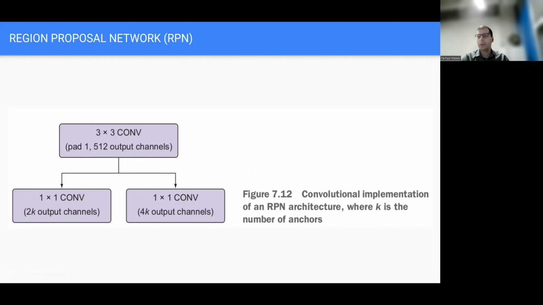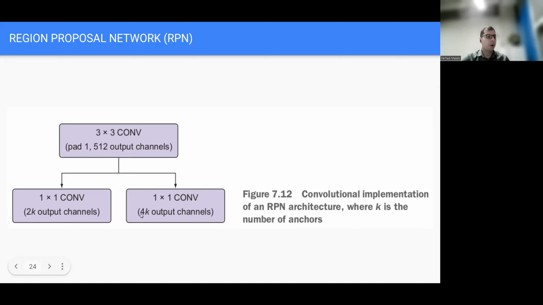There's a question on the chat: what do you mean when you say a tensor of 6,000? Each convolution layer, if you remember, has a number of output channels. For example, this one was kernel size 3 by 3, padding 1, with 512 output channels. Here, let's say I go with a thousand bounding boxes, with a kernel size of 1 by 1.